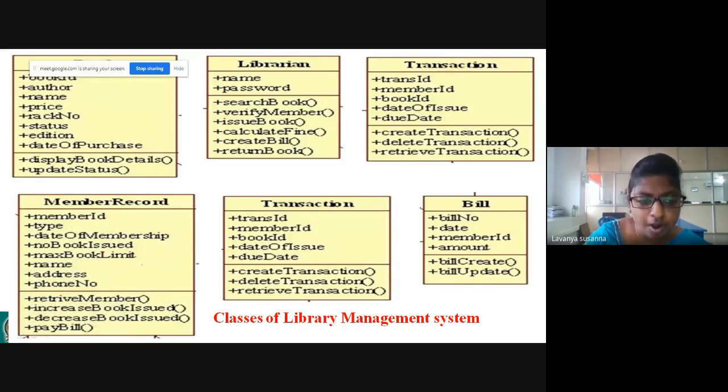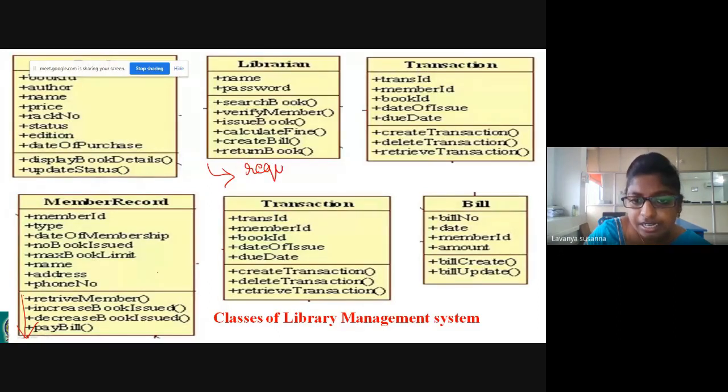Next, what are the operations? What member can do? See, issue request for a book. See, no need to by heart. In this way only, no need to think that you have to write operations in this way only. Your wish. See, first thing, what student can do or what faculty will do?